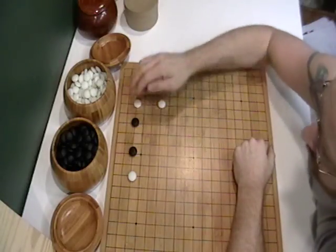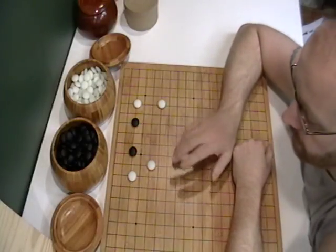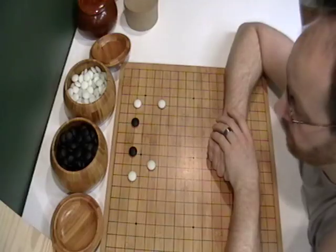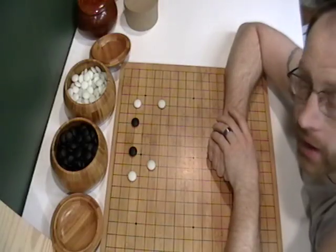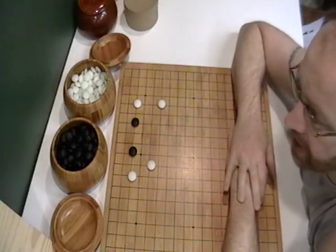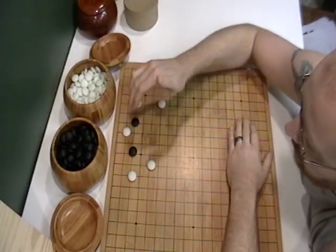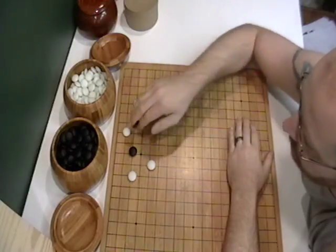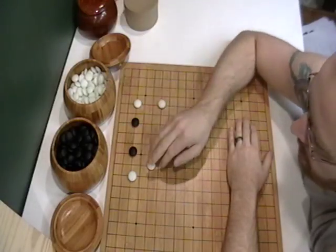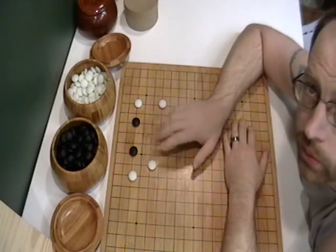Your base is slowly getting cramped, and it's pretty clear that you're going to have a hard time breaking out, and he's also making it clear that real soon he's going to kill you. If you remember the attacking your base patterns that I went over, white could play here and just push black into these stones. And if white got another couple stones in here, this group is in a lot of trouble. So let's assume everything else on the board is to your liking and you're ready to fight